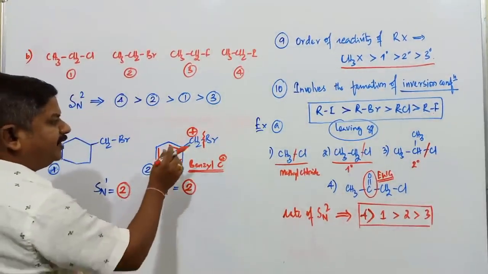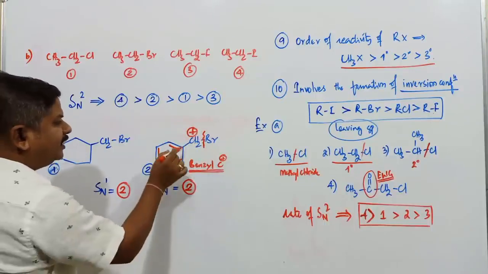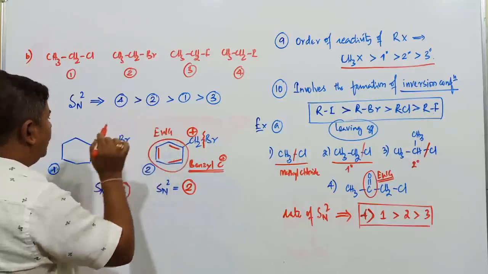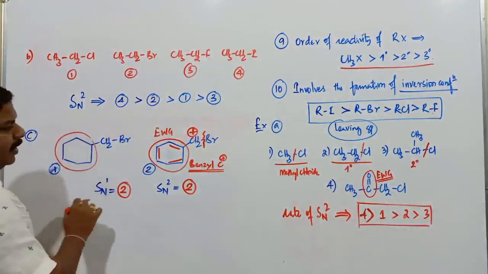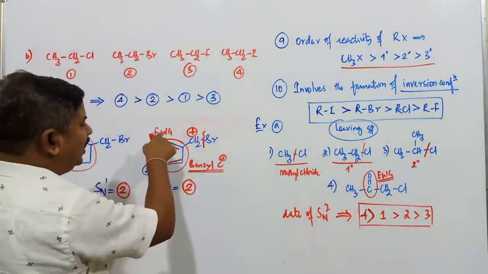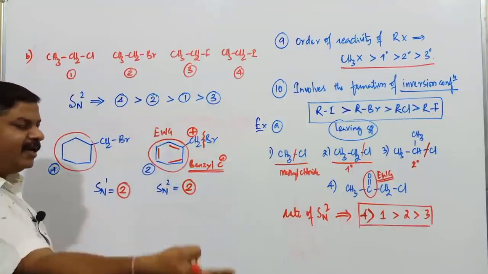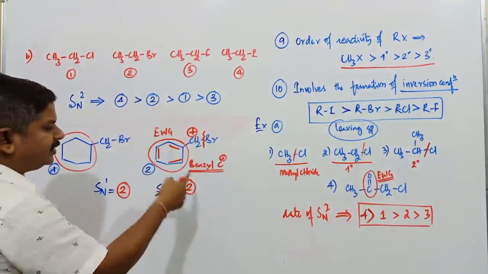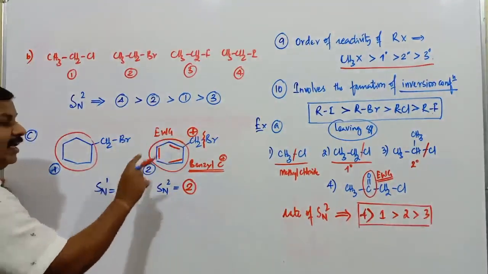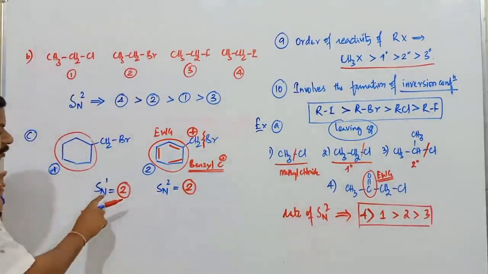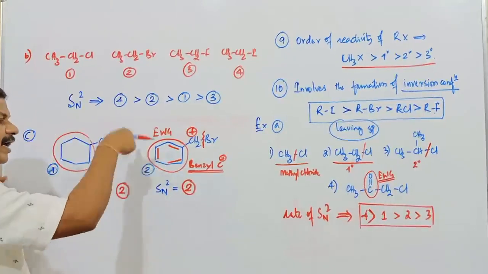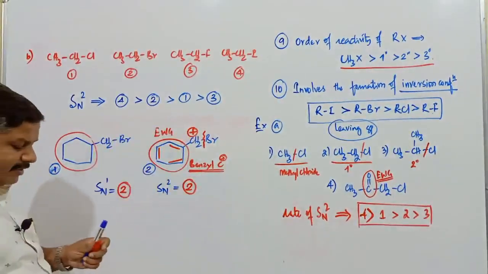with respect to SN2 mechanism, there is no formation of carbocation, but this group is considered an electron withdrawing group. Now this group is not a stronger electron withdrawing group, but this group is considered a stronger electron withdrawing group. In the presence of a stronger electron withdrawing group, the stability of the transition state increases, so the compound undergoes hydrolysis easily by SN2 mechanism. Substitution takes place by SN2 mechanism. So for both SN1 and SN2 mechanism, the second compound reacts very easily. It undergoes SN1 as well as SN2 mechanism.